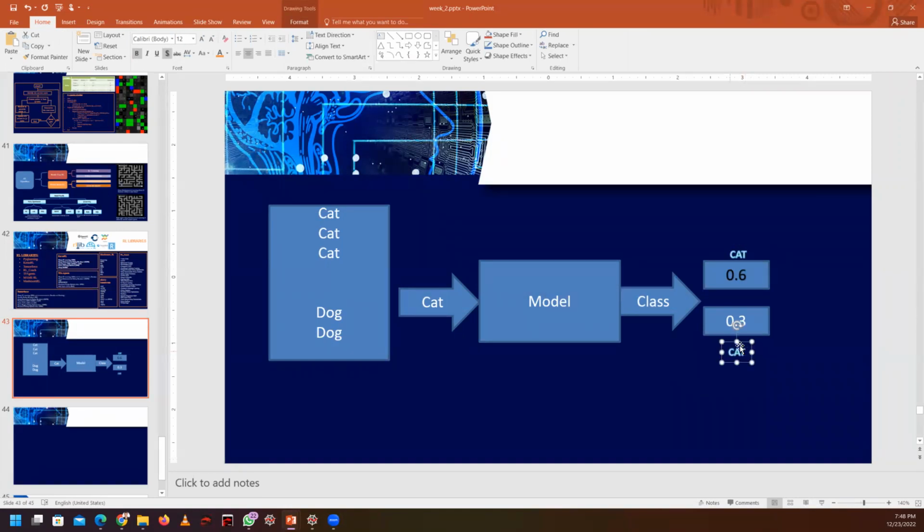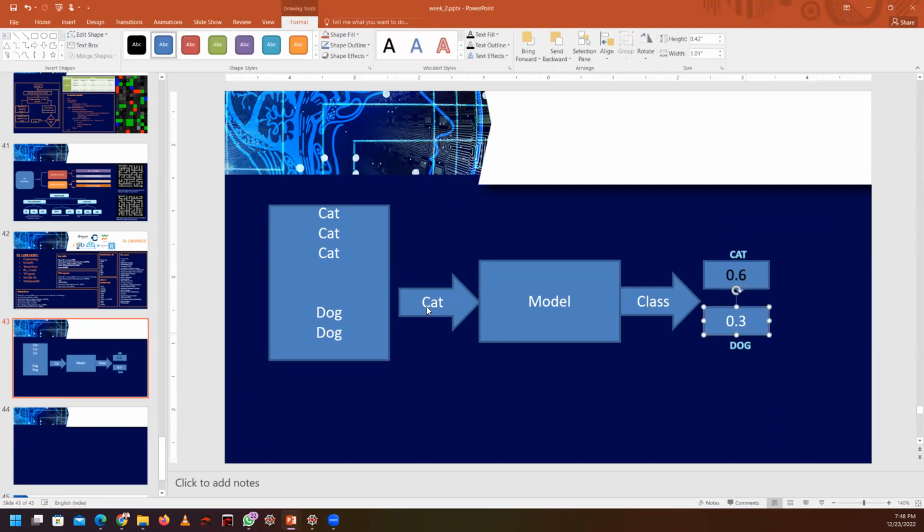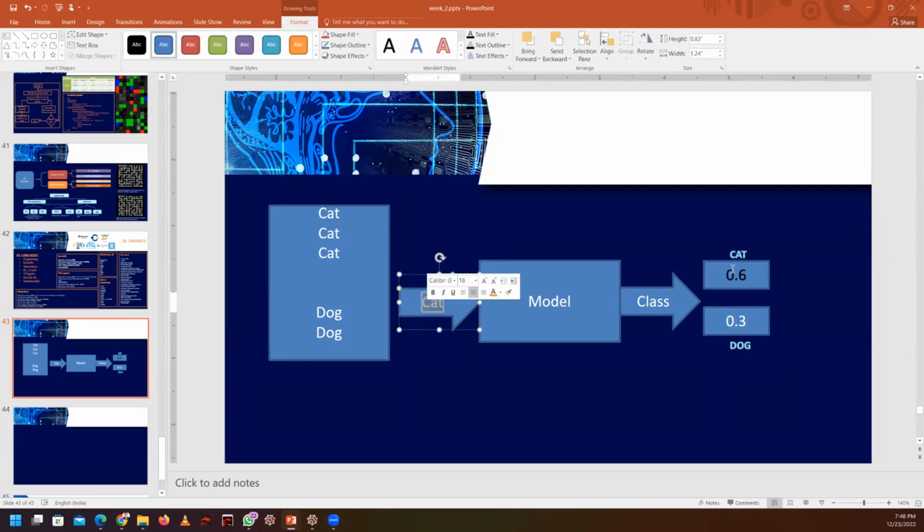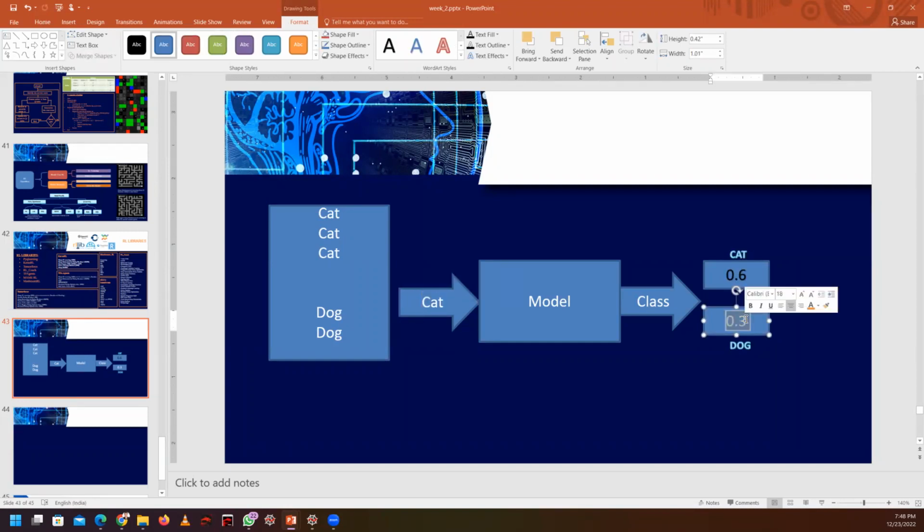So now we have two output variables whose values are the cat value 0.6 and the dog value 0.3. When we provide a cat, this will be the scenario, or it may be some 0.1 as well, depending on the image. Any values may come, or it may be 0.4.